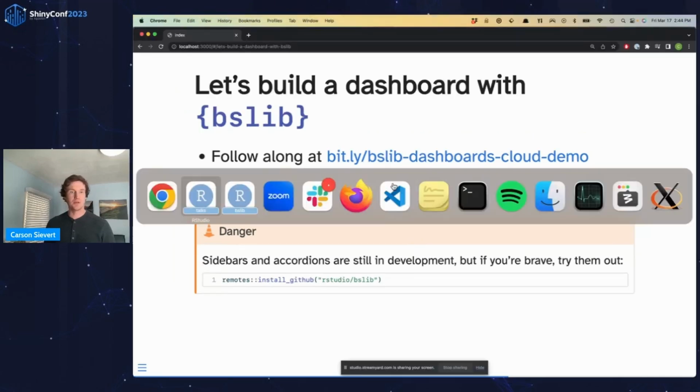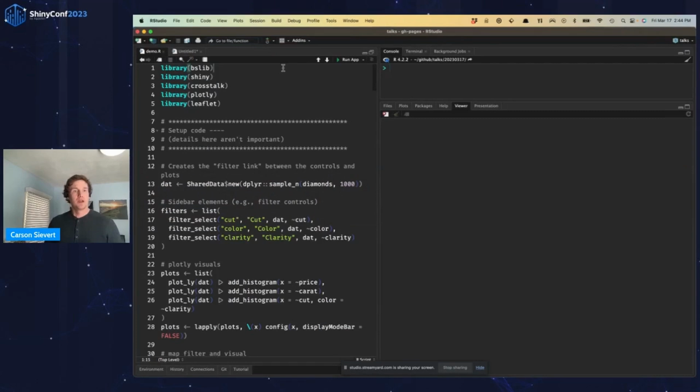All right, so I have this R script here where I'm going to load BSLib and Shiny. And then also, for sake of demonstration, I'm going to use the R package crosstalk, basically so that I don't have to write a bunch of Shiny code and create a Shiny app for every single example. So all the examples we're going to see here today, there's no Shiny server running in the background. This is all basically a static website, and any sort of filtering between inputs and outputs is going to be handled purely in the browser via crosstalk.